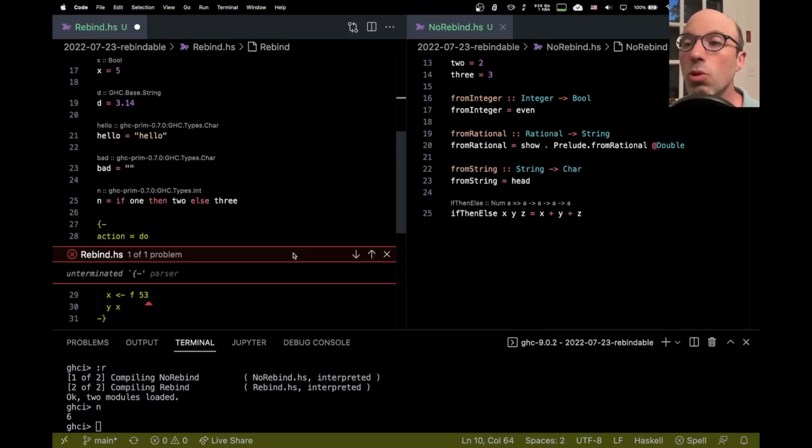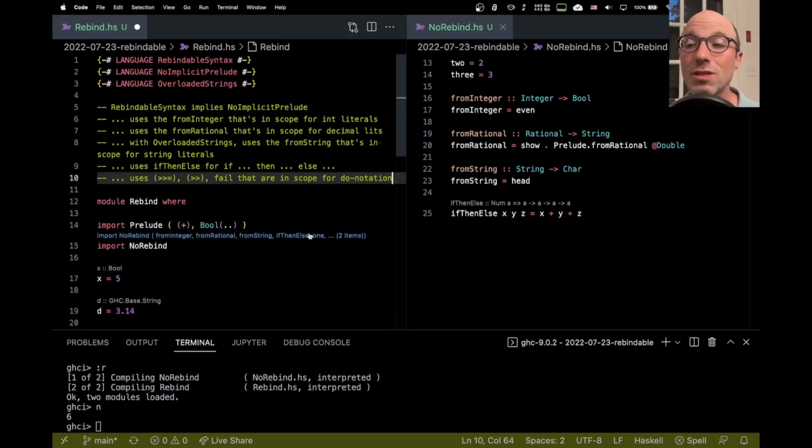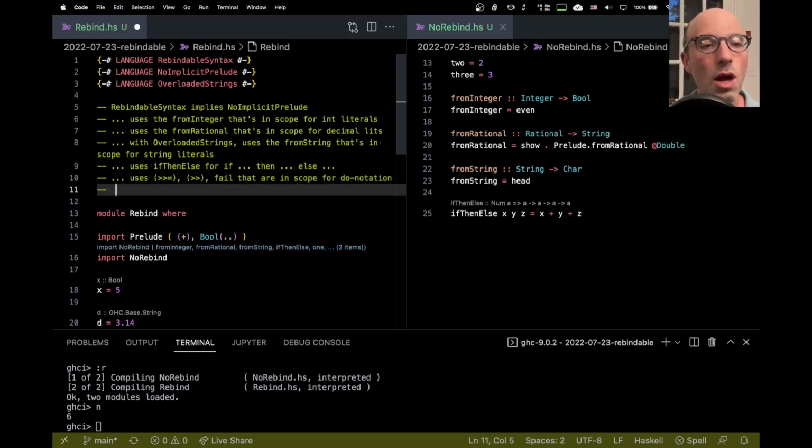And that's probably the most powerful one. It turns out that this is so powerful that some people don't want it connected with rebindable syntax, because maybe you just want to do it for one do block and you don't want to affect all of your literals and all of this other stuff. So, but also